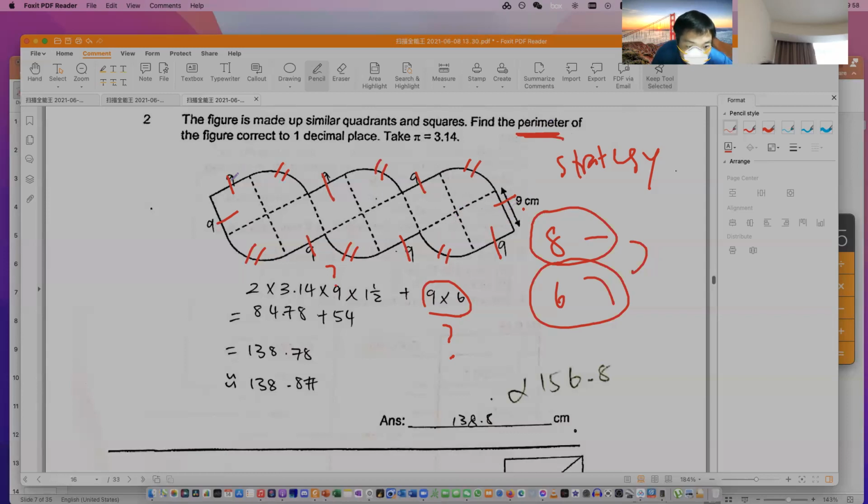Basically they already tell you quadrants and square. So of course, just count how many straight lines you have. So you have 8 straight lines, okay? And then count how many quadrants you have, 6 quadrants. So basically you just need to find the 8 straight lines, and then add the 6 quadrants together. After that, you need to make sure that you don't miss out anything. Like just now I checked, I went one round to check I did not miss any line. All right, so that's the way to do such a question. Okay,